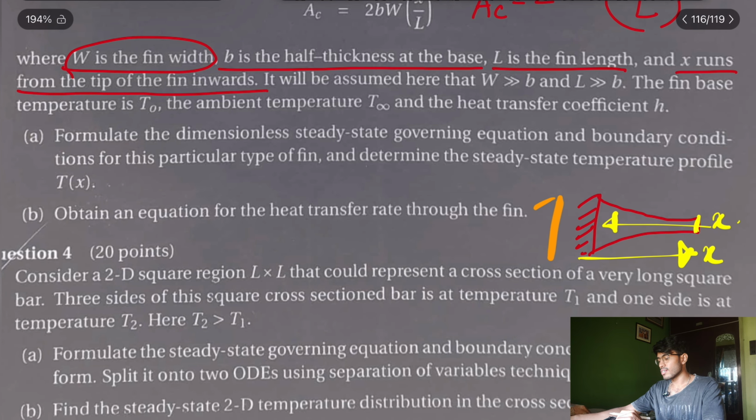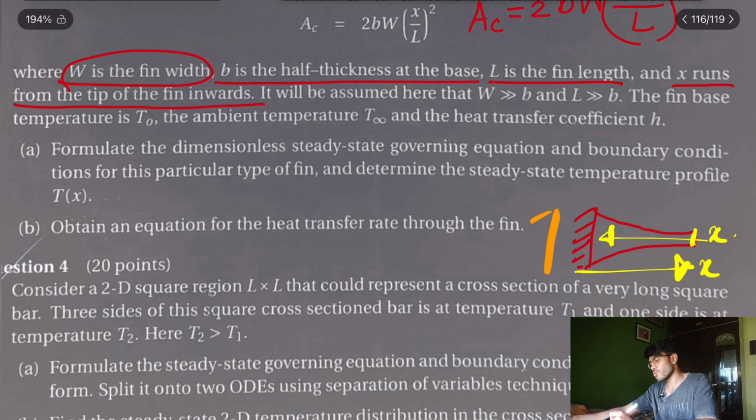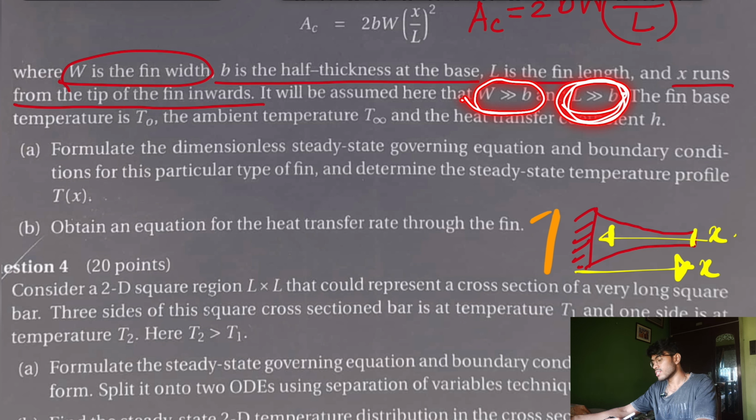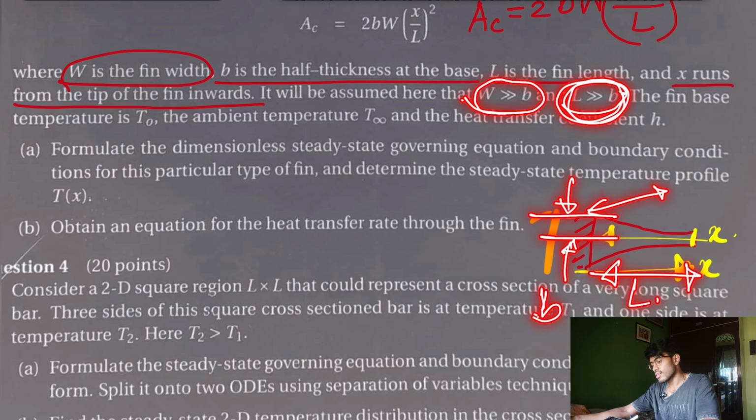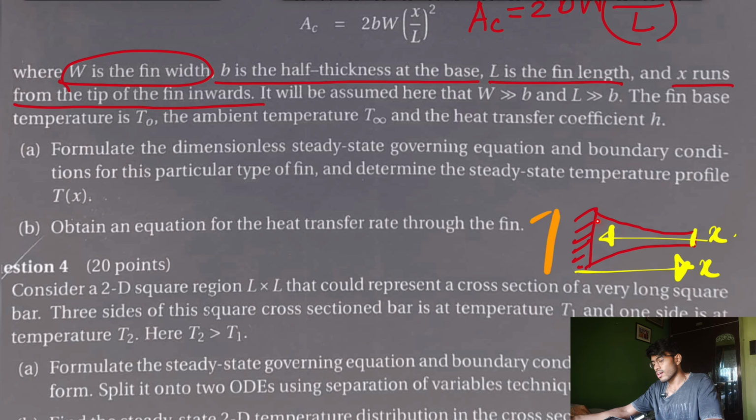It will be assumed here, these assumptions are told, that W is much greater than B and L is much greater than B. Okay, so what is B? B is this height, this half thickness. L is the length. So it is told that this W is also greater than this and this L is also greater than this. So if I say that, then I am saying indirectly that